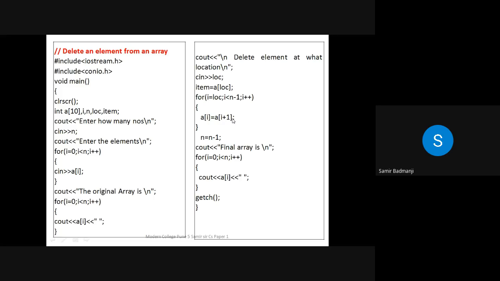See, a[i plus 1] means the third element. Now a[i] is what we have written here, location. We want to delete at this place, so it is 2. So i will be 2 and we are incrementing by 1. That means the next element we are putting in this element. So like this, one by one, the remaining elements will be shifted above. And finally we will do n is equal to n minus 1 because we deleted one element. So one element less. So the final array we are just printing.